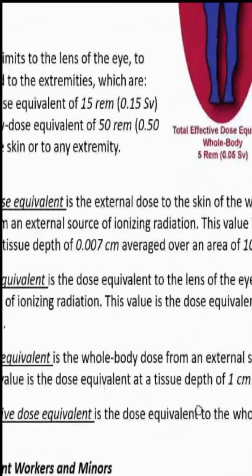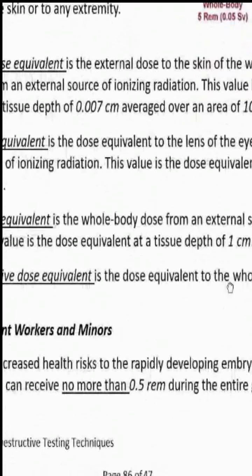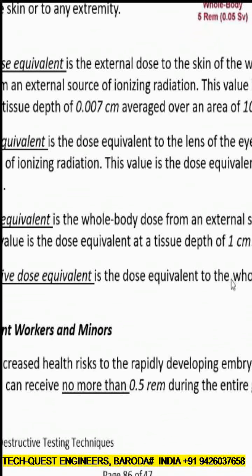So if this limit is exceeded, they have to stop the work for a certain time. Actually, in the next slide, we will come to a radiation detection device that is called a thermoluminescent badge, TLD badge. Now, it is mandatory to wear this badge or a radiation detection pen when we are in the radiation zone. So whatever radiation our body gets is noted or detected by this, is received by this badge or pen also.